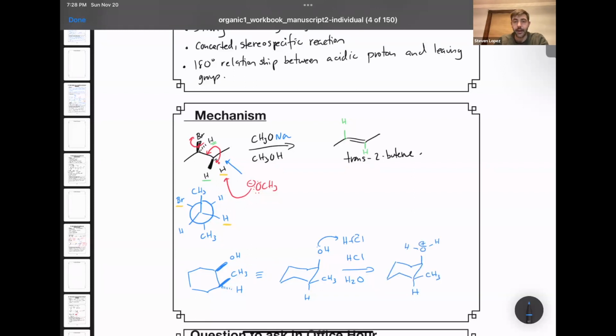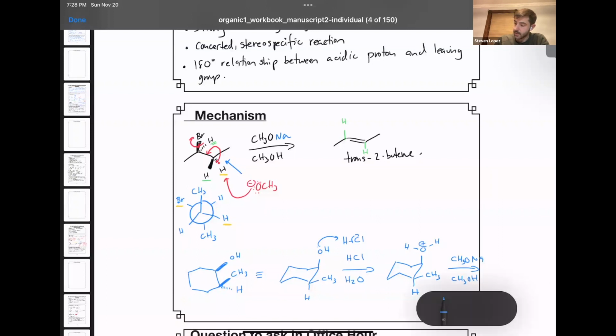Now you have a protonated alcohol, which is a good leaving group, and having the base in the second step, say sodium methoxide again, then sodium methoxide will deprotonate the hydrogen that has a 180-degree relationship between the leaving group, which I'm showing in red, and the acidic hydrogen. So here, this has the right stereochemical relationship as the only product.